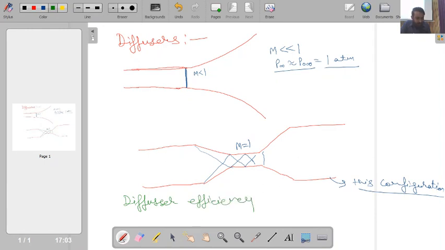The diffuser efficiency, eta d, is as follows: if my delivery pressure is Pd, the corresponding stagnation pressure is P naught d, and the initial pressure of the reservoir is P naught. Because this is the typical configuration we will use for the majority of diffusers, for this configuration the ratio is P naught d divided by P naught actual,